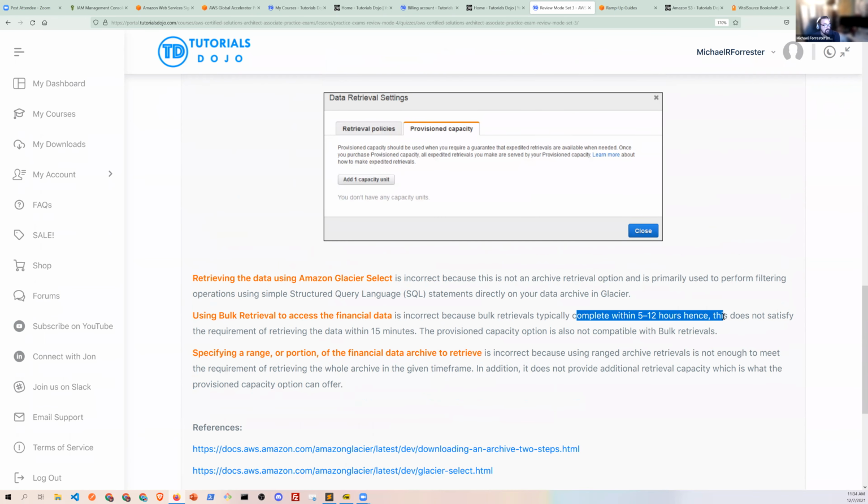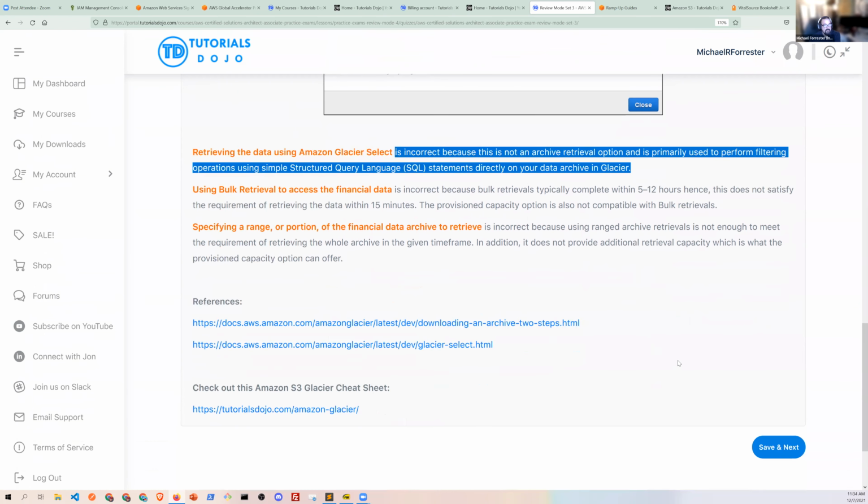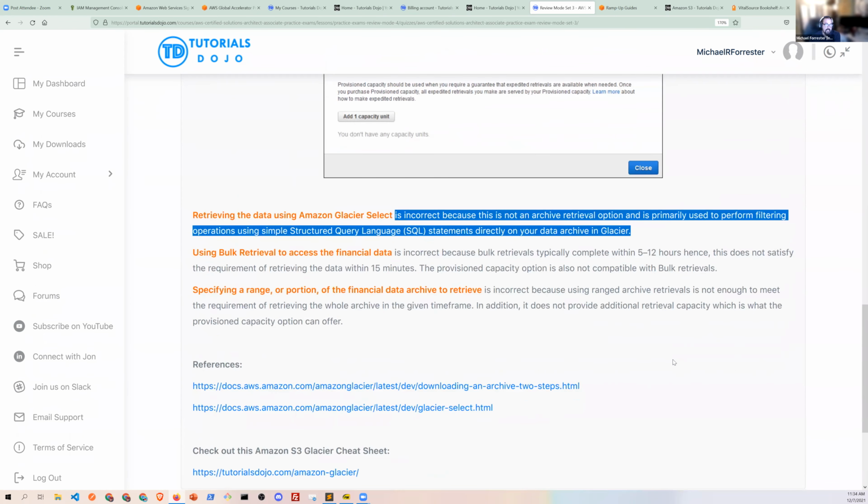By the way, here it says 5 to 12 hours for bulk retrieval. Select allows you to perform filtering operations against data directly in your data archive, right? So it allows you to filter against data. So a little bit of a deep dive into Glacier there, right?